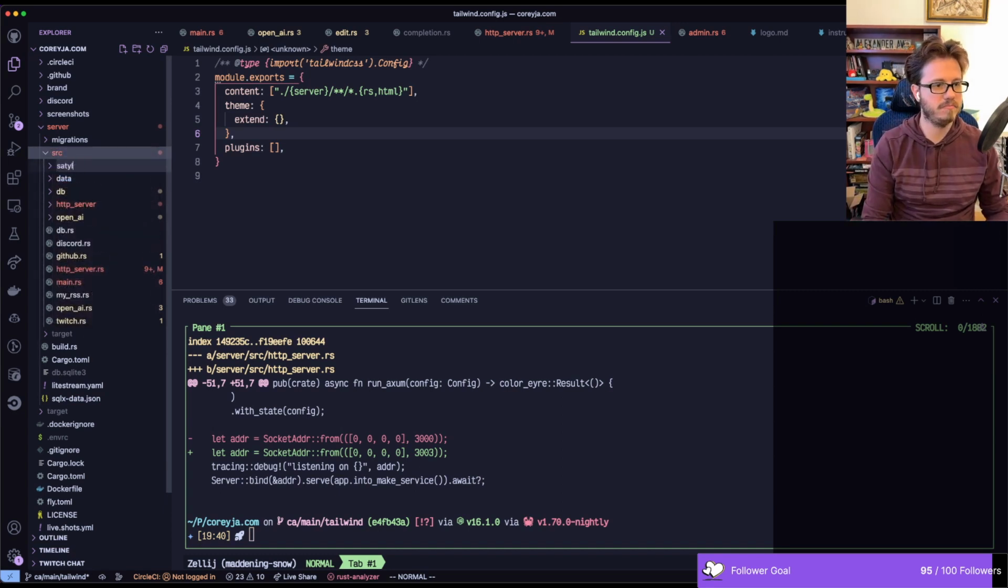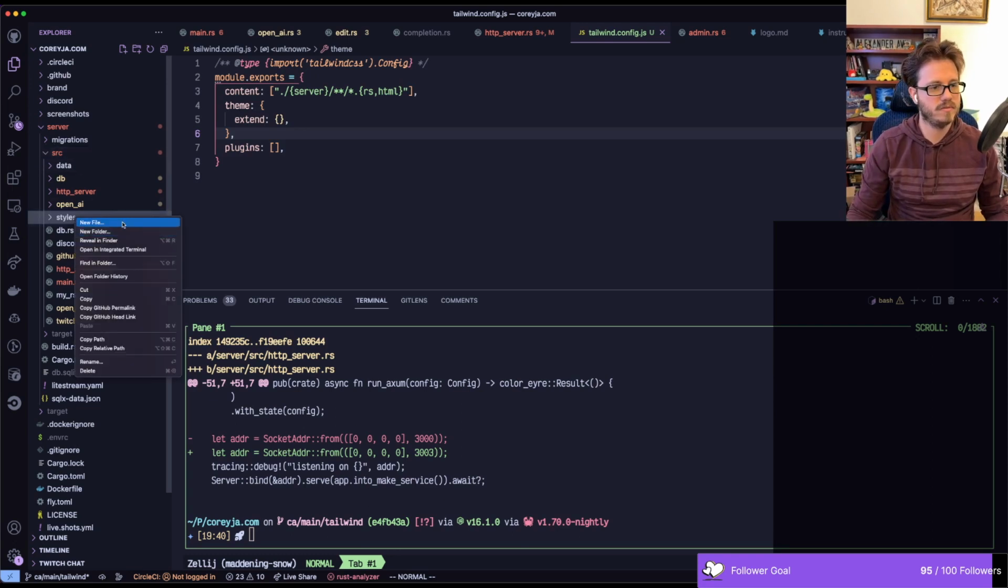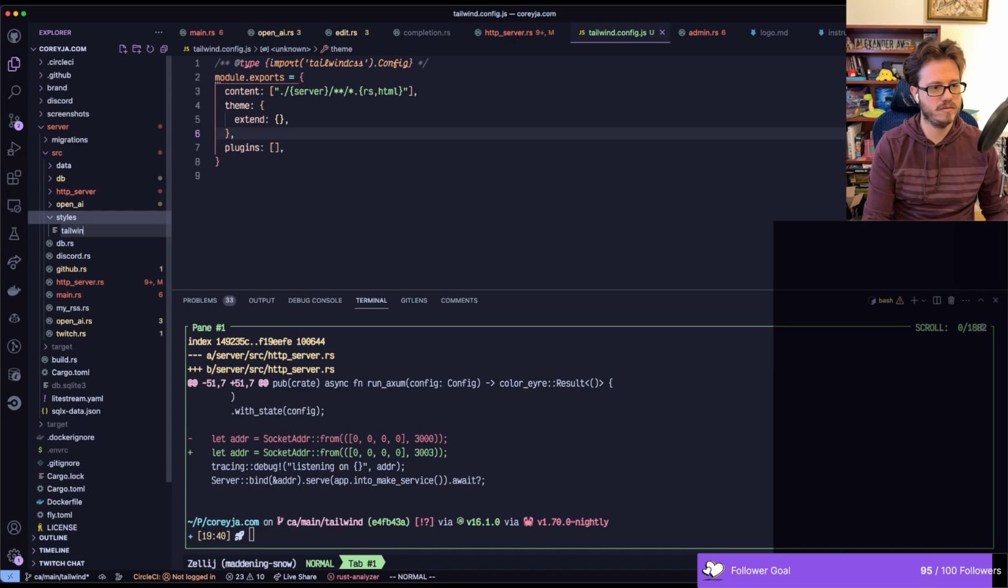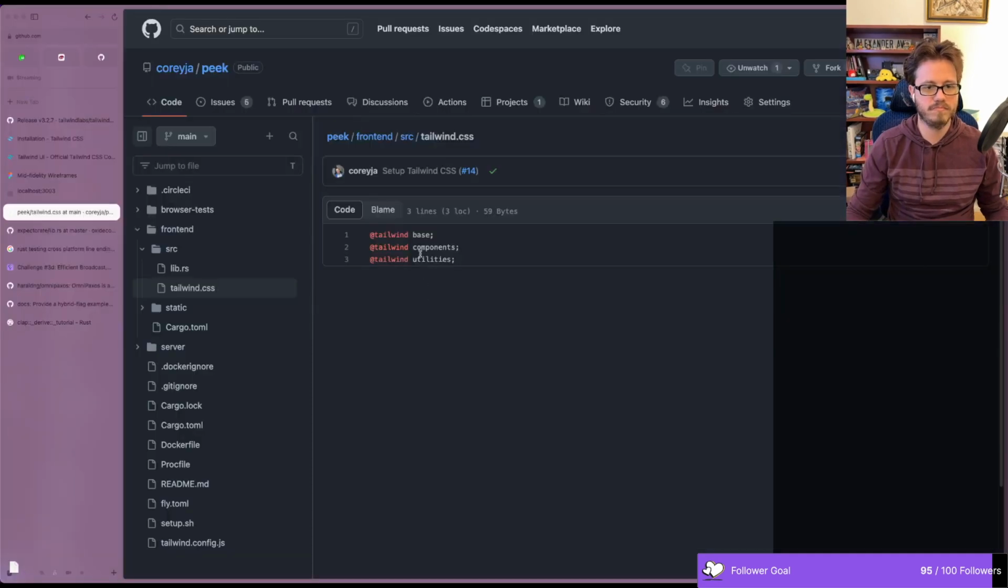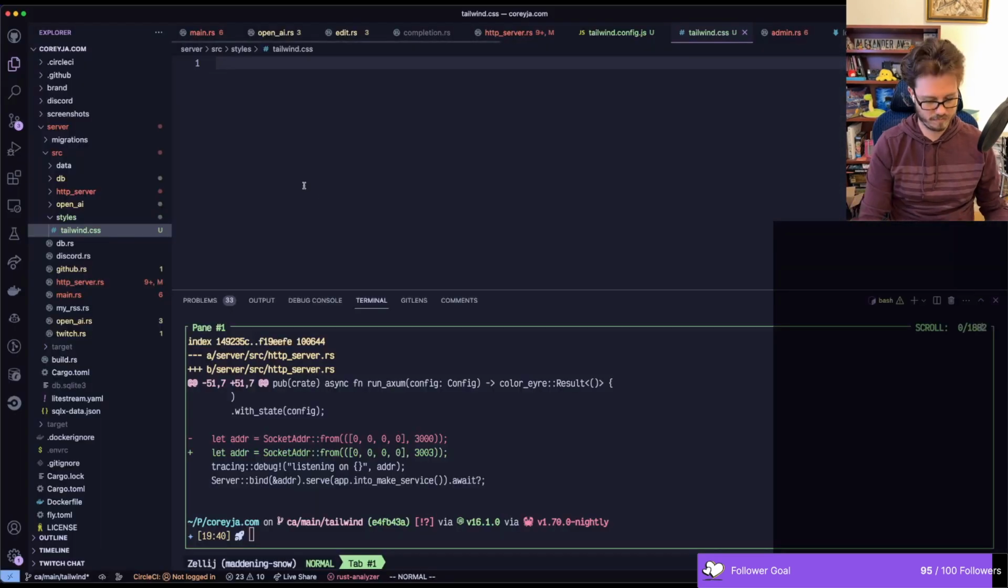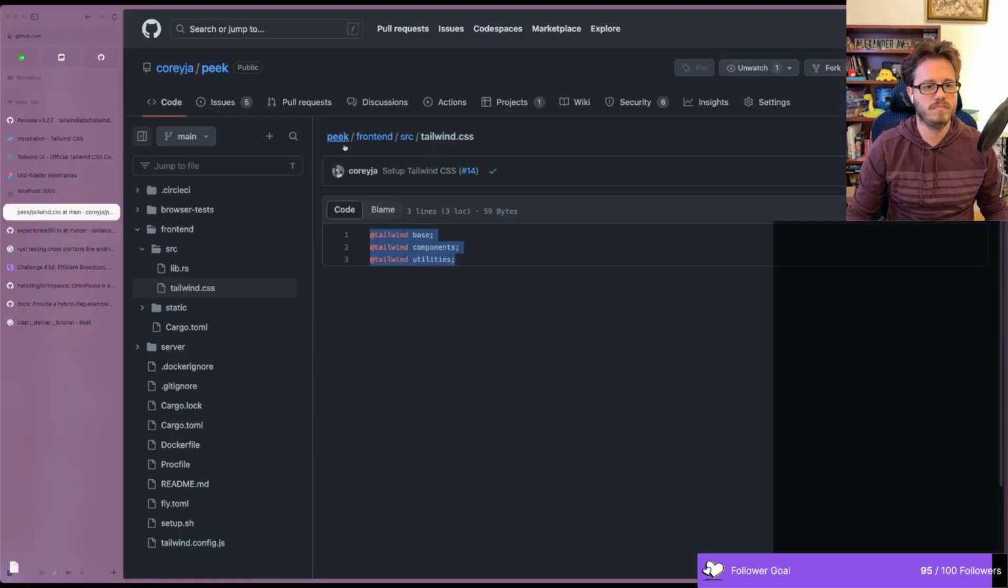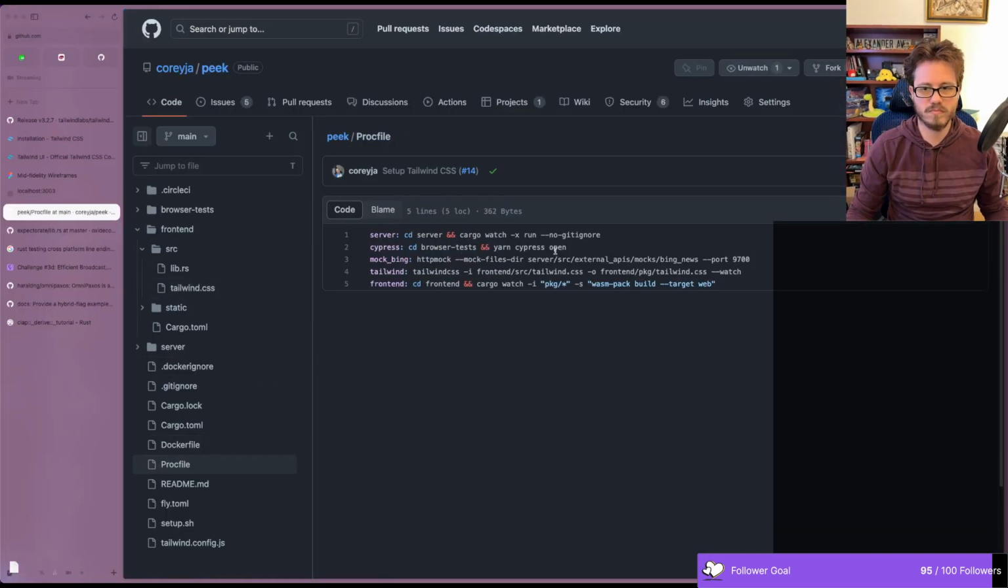Make a new file. Styles. And then in here, put a tailwind.css file. Copy these things from it. And then I can have a proc file maybe. It looks something like this. Yeah, so I am gonna have this fun issue like I've had before where